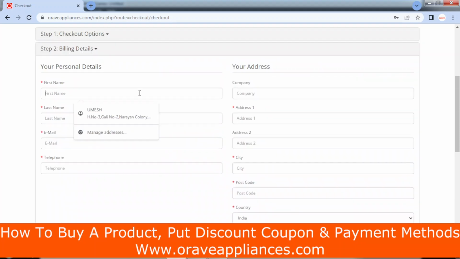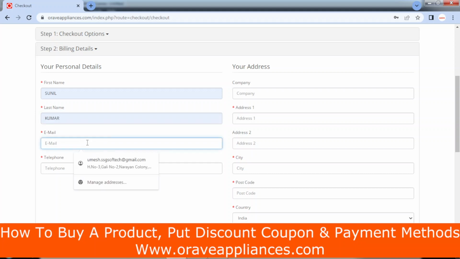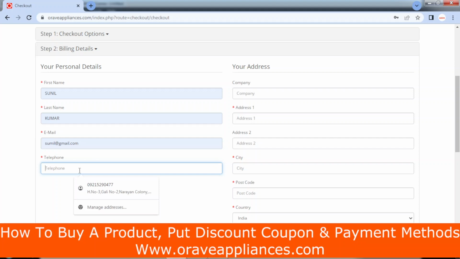Then you have to enter your details. Suppose your name is Sunil Kumar, right? The email address is, I am putting some raw data, and the phone number is 9099990444.